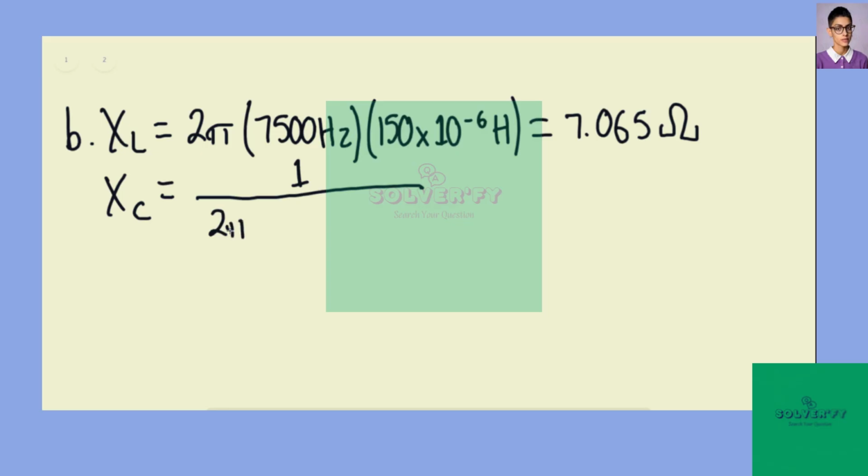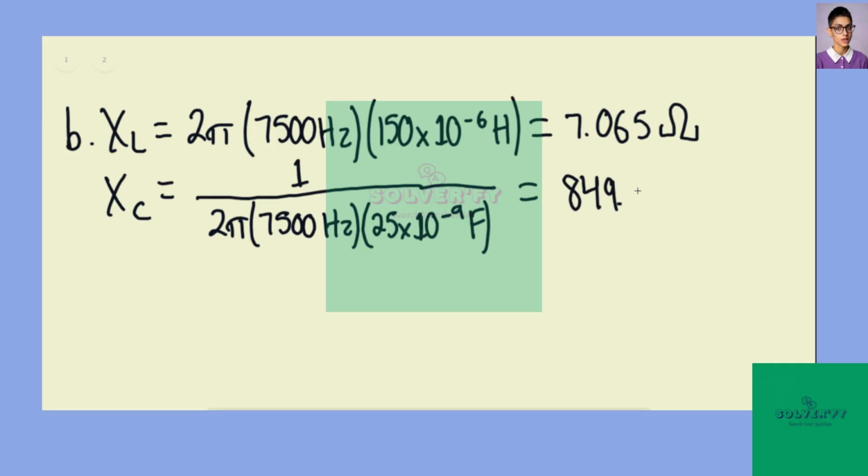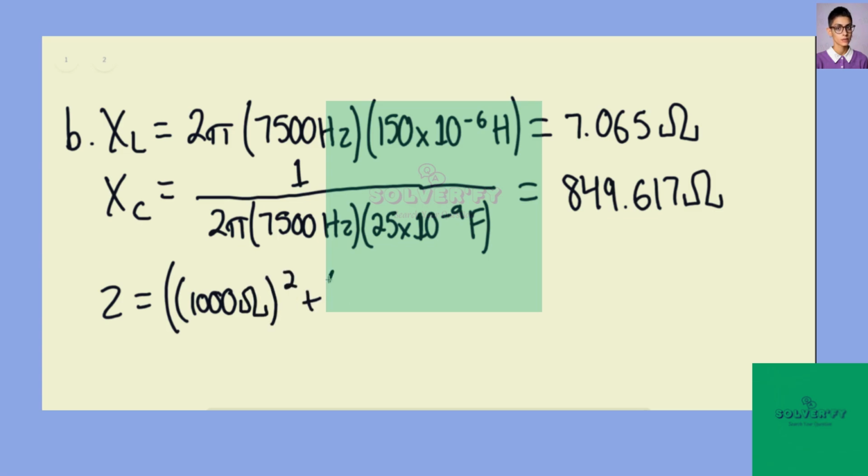We know that the capacitive reactance would be equaling 1 over 2 pi multiplied by 7,500 hertz, and this would be multiplied by 25 nanofarads, 25 times 10 to the negative 9th farads. And the capacitive reactance is 849.617 ohms. So the impedance then would be equaling, again, 1,000 ohms squared, the resistance squared, plus